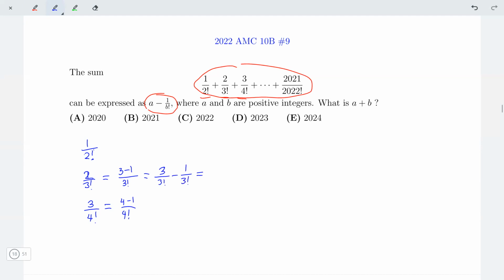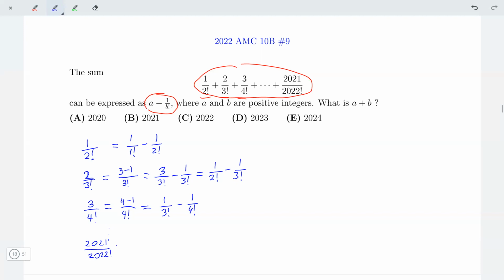And after the cancellation, the 3 in the numerator here cancels with the last term of 3 factorial. So we are left with 1 over 2 factorial minus 1 over 3 factorial. That's pretty nice. And it continues. It also works here in the next term and all the terms. Even the first term, we can write it as 1 over 1 factorial, which is 1, minus 1 over 2 factorial. And if you write each of the terms like this,